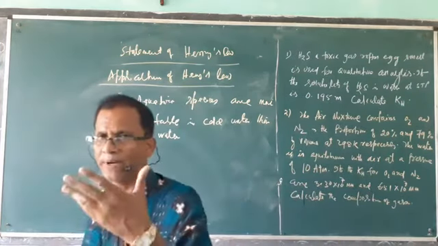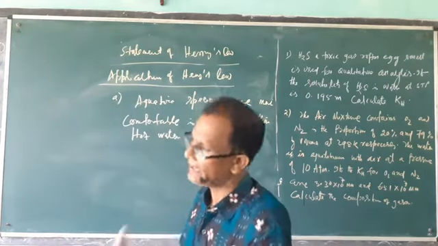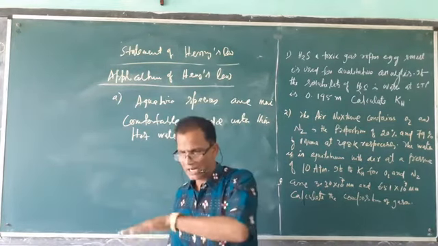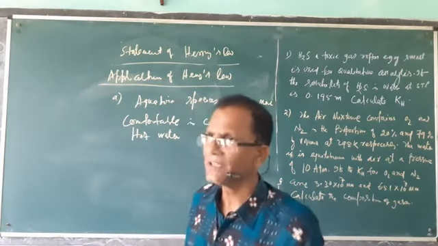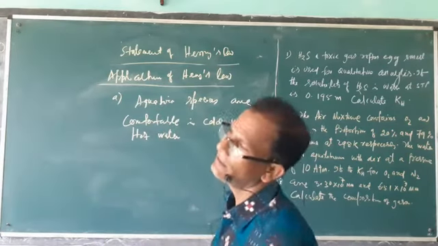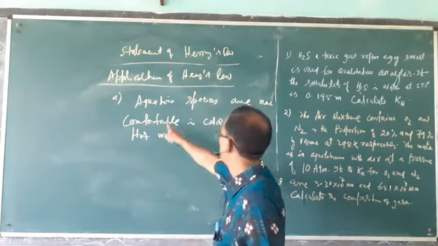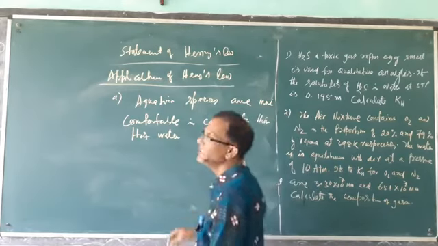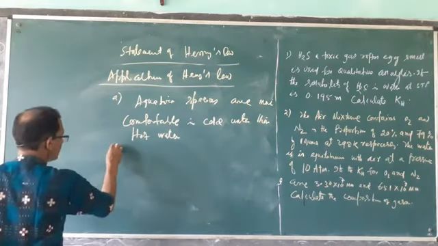Whether you take tap water, pond water or well water, it contains oxygen. But in a pond, due to heat in summer, the amount of oxygen at the surface is less. So fish go downward to get oxygen. That's why their movement will be downward, not upward. So fish or aquatic species are more comfortable in cold water than hot water. This is one application.